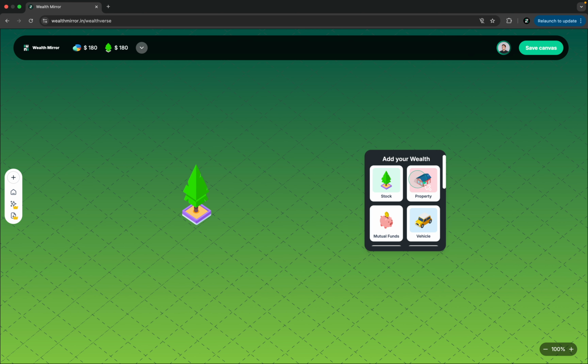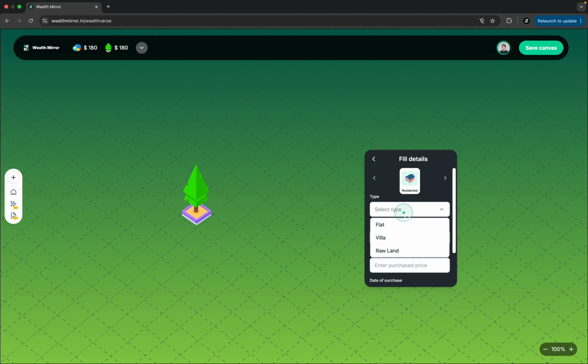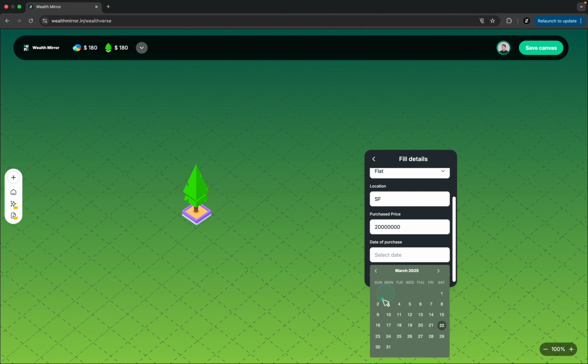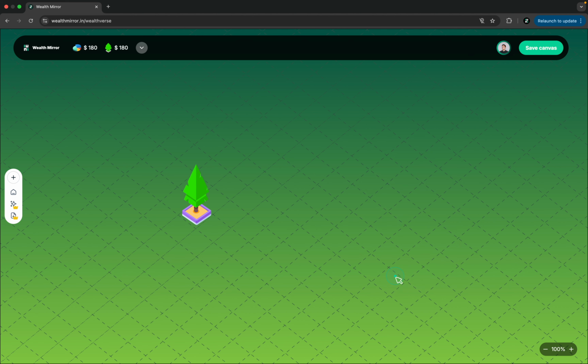Let's say that I have purchased a property in San Francisco and it's a flat. I can add the location as SF. I can add the purchase price as 2 million and date of purchase, again, I'll take a random date. As soon as I add the real estate, you would be seeing that there is a visual representation of that